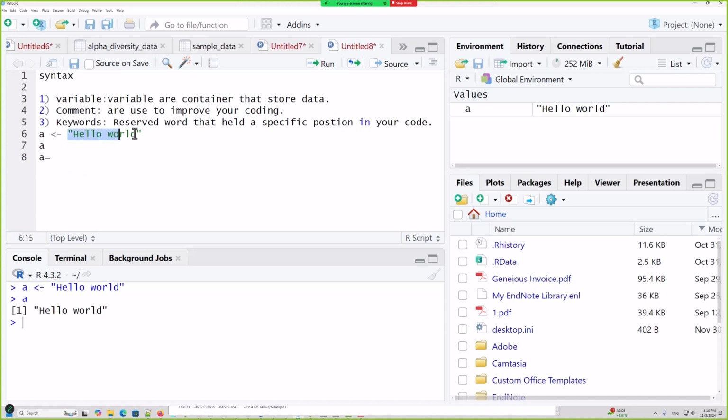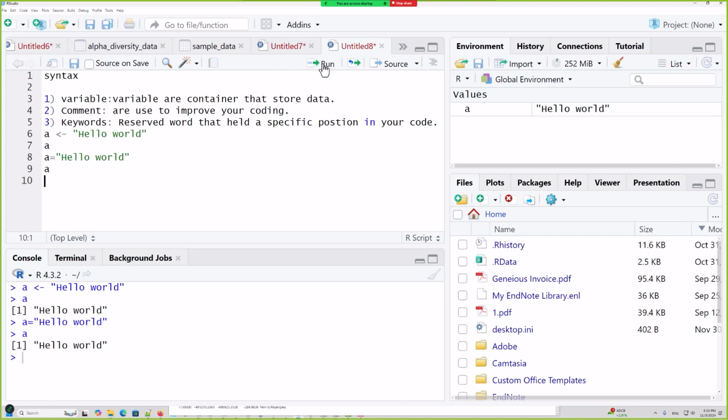This one also we can use as a variable assignment. Okay, so this one also will help you, but mostly in R we just use this sign,